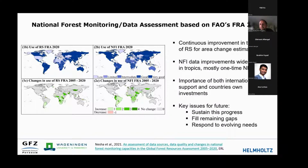At the same time, many countries have also started national forest inventory efforts throughout the tropics and other parts as well. And that is, of course, based on investments that were made by the international community in terms of supporting countries to do that, but also on countries' own investments. And the question is, how can we sustain and build upon these efforts in the future, also using biomass